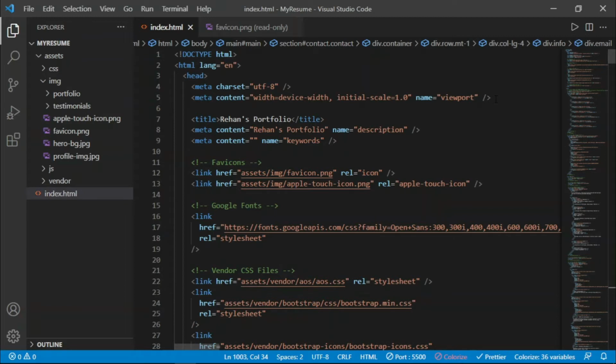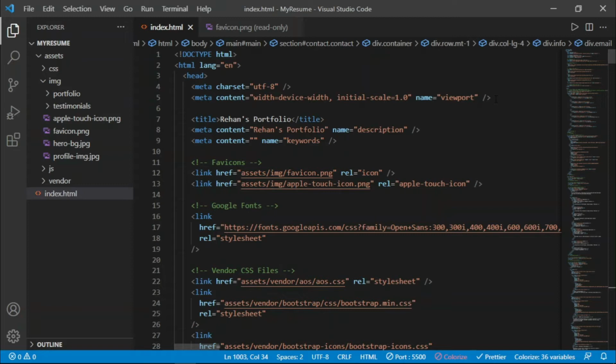Number 3, when you push your code to GitHub using Git, and when you import your site from GitHub to Netlify, then you don't have to redeploy your site after every update. You just have to push your code to GitHub using Git, and continuous deployment will take place automatically and instantly, and your site will be updated automatically. At number 4, you can host your free static websites, as many as you want, for your portfolio.